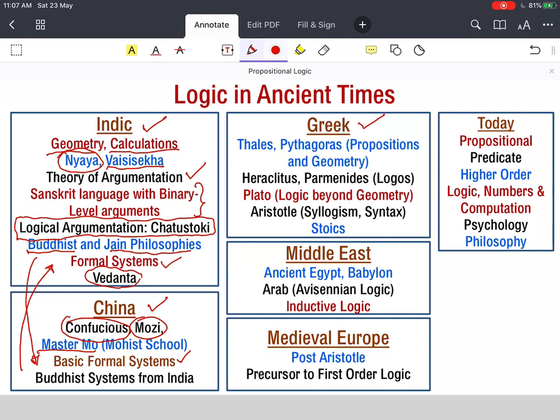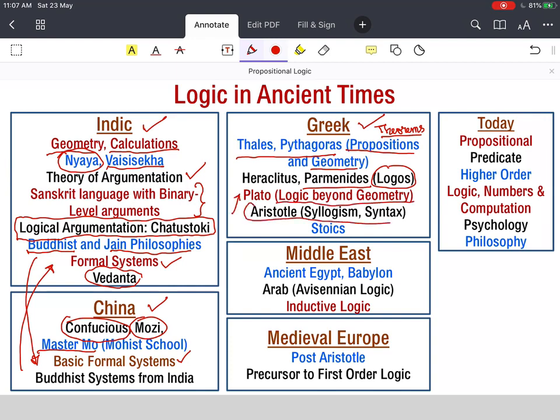The other great school of philosophy, which is very profound, which had a deep impact on modern philosophy, was the Greek philosophy. The Greek philosophy originated from geometry and mathematics through Thales and Pythagoras and various other people. And it is there they started producing propositions in geometry, theorems, and logical arguments to prove these theorems. Then from there, slowly, the concept of logic as an independent school, as an independent subject, came through Heraclitus and Parmenides.